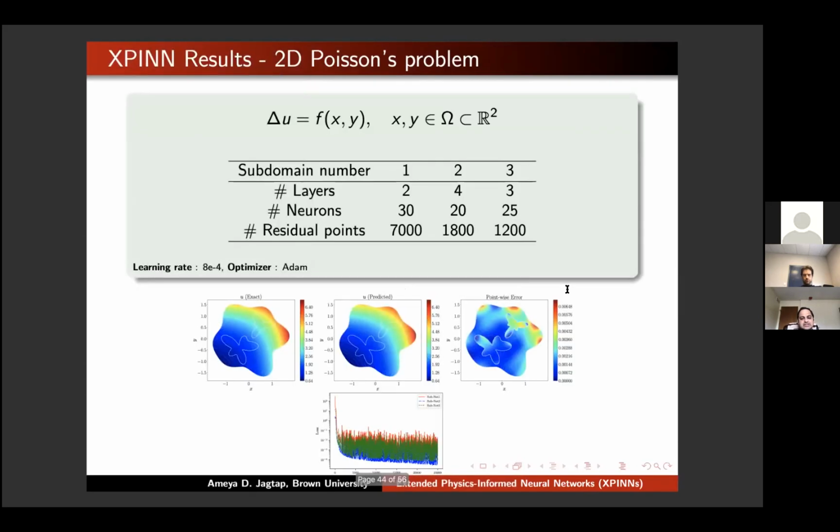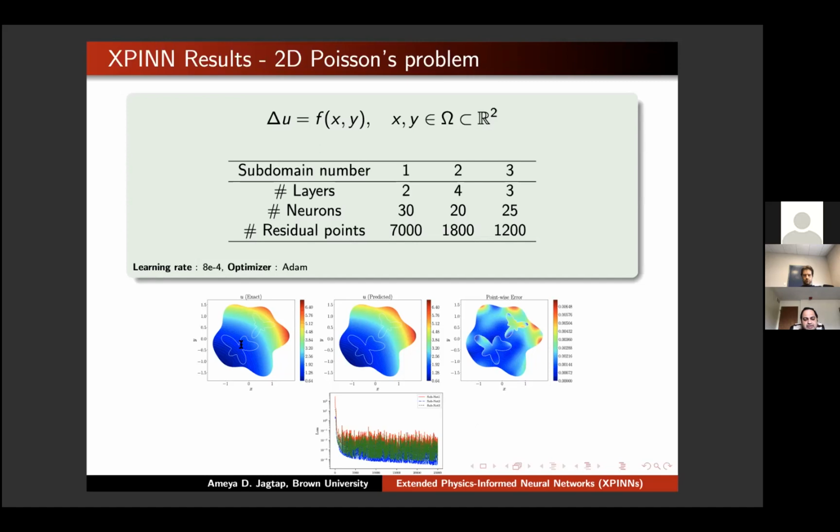So let's see some problems. Say, 2D problem. First is the 2D Poisson equation. It's a linear equation, and you can see the domain. My domain is really weird. It's an arbitrary shape, and we are actually using two subdomains: subdomain two and subdomain three. I think it's not that visible, but yeah. So these are all non-convex subdomains,